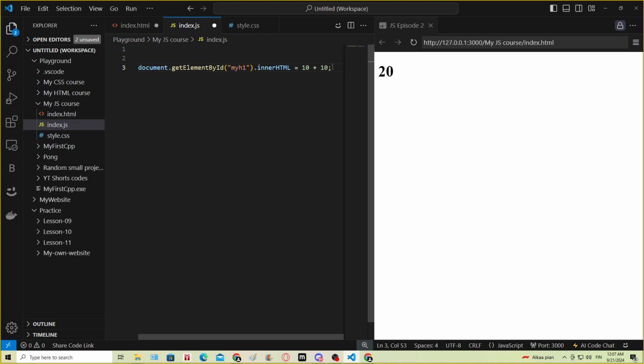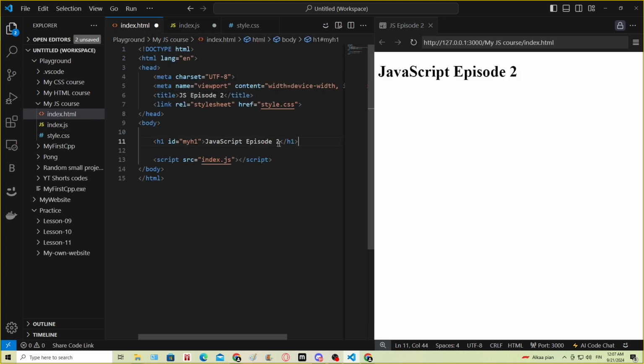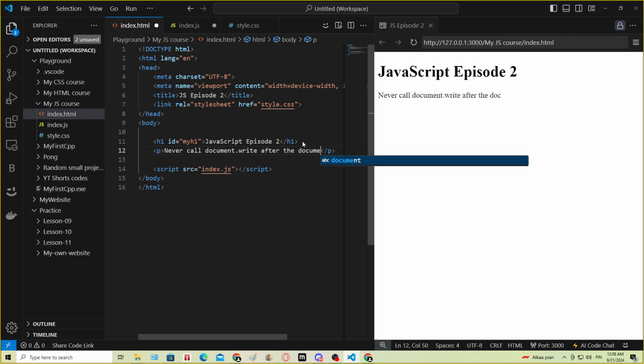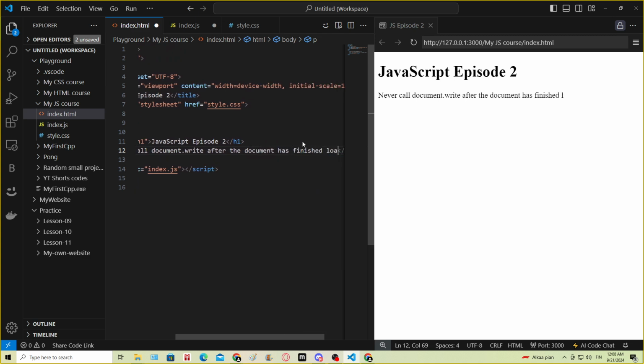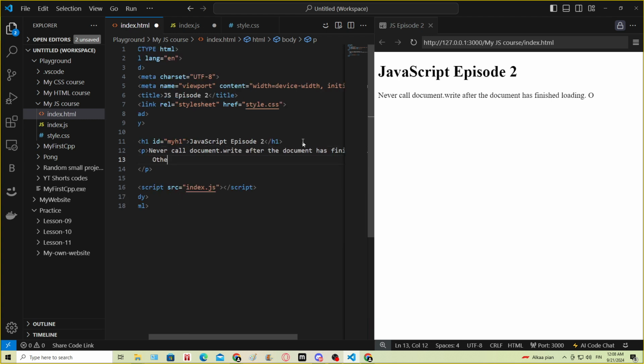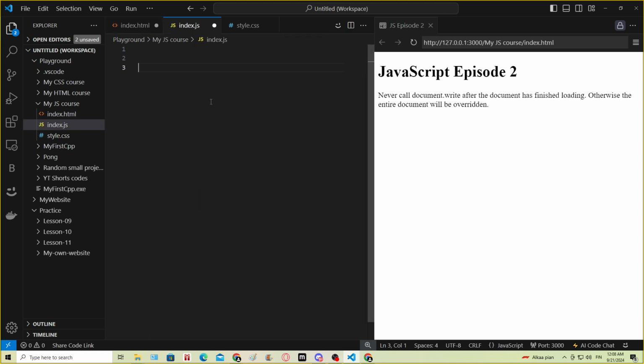Okay, I'm gonna go ahead and delete this line, and I'm gonna add a paragraph over here, and I'm gonna say never call document.write after the document has finished loading. Otherwise, the entire document will be overridden. So, what is document.write? We can go to our JavaScript file and say